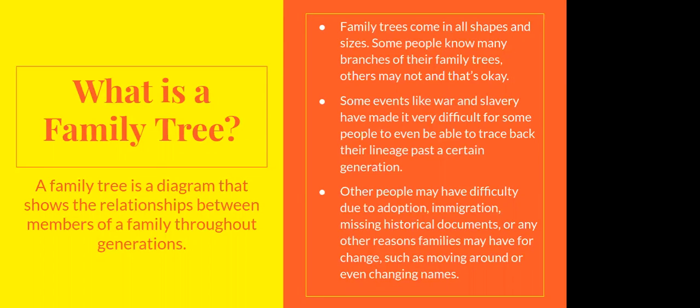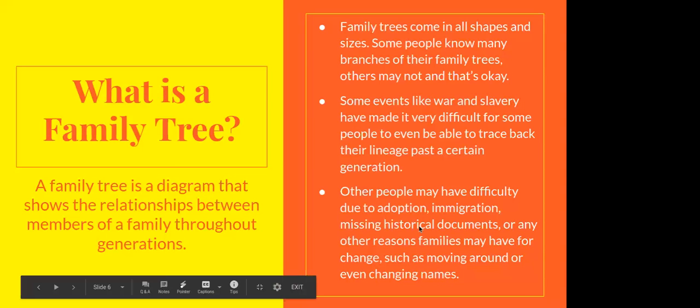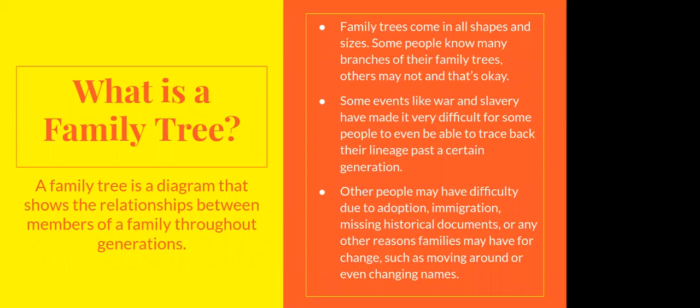Excuse me. Their lineage to a certain point, because maybe a branch of the family was wiped out during a war, or because of slavery, we don't know. Like now, there's a different last name or something like that. Right? Other people may have difficulty due to adoption, immigration, missing historical documents. Maybe stuff gets lost in a flood, in a fire, when you move, whatever it is. So there's a bunch of different ways that we can come up with these family trees,